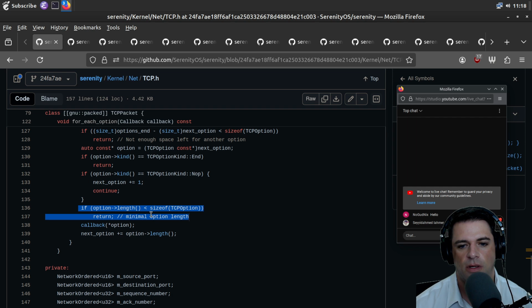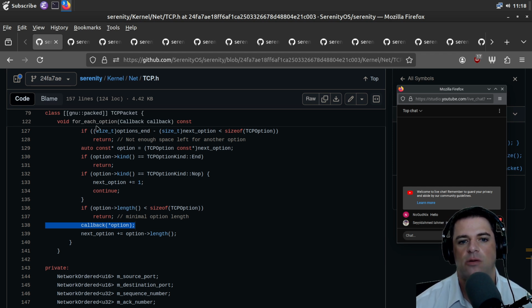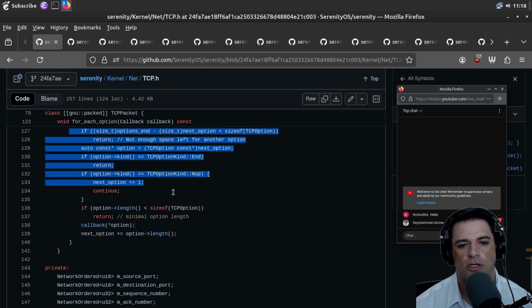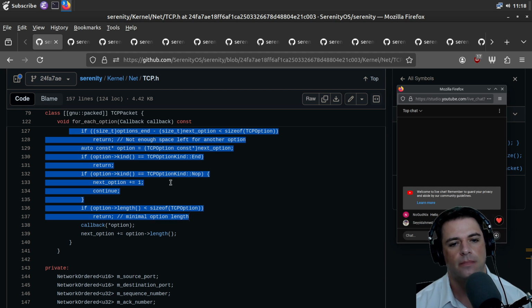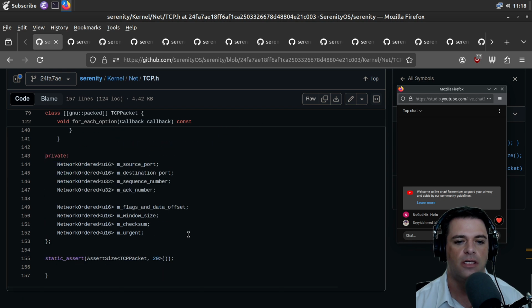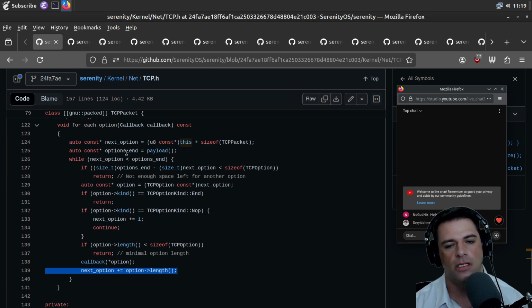We might return if it's a minimal length option. Otherwise, we call the callback, which was passed in. Okay, so we're passing in a callback and it's just iterating over the options and calling it on each one, making sure there's a valid, well-defined operation on that option, etc. Okay, so that's a little bit of TCP stuff.